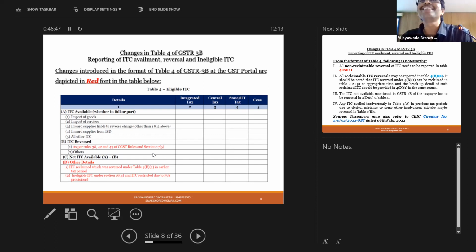It will not be reflected in 2B. So you have to do that action only when it is reflected in 2B, because whatever is reflected in 2B only